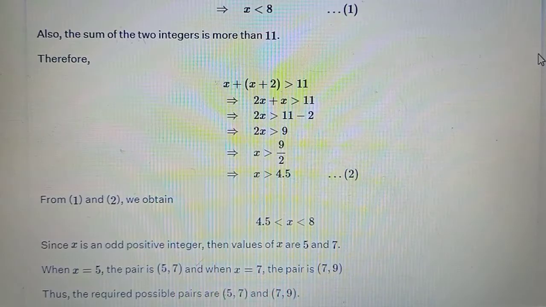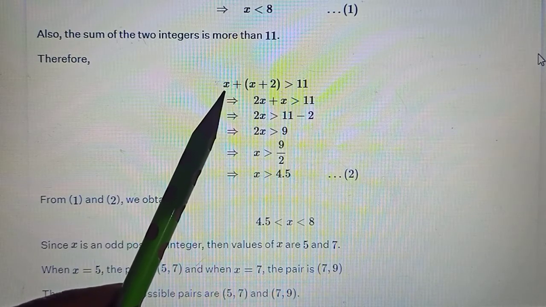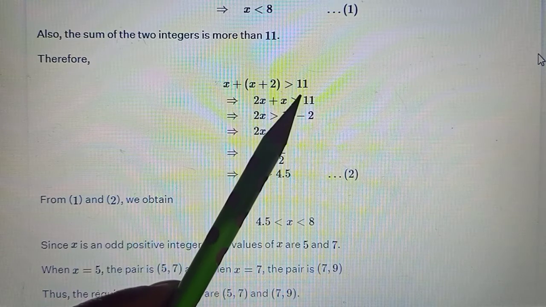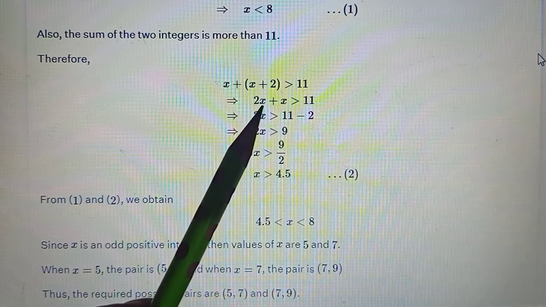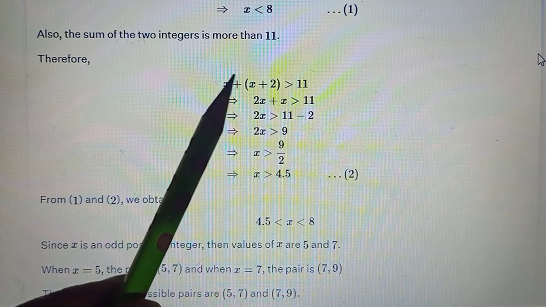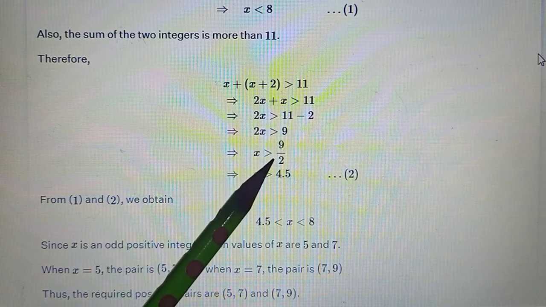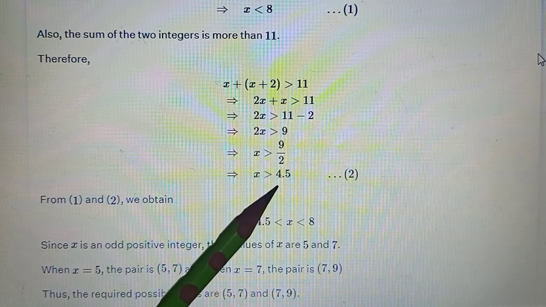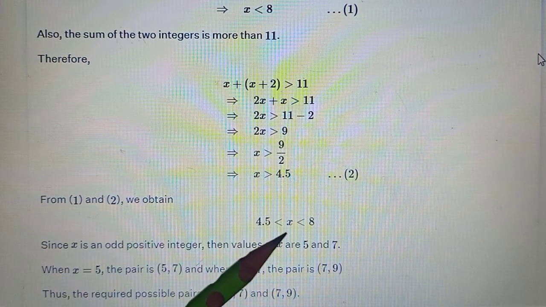For the other one, then we were told about the sum. So if you apply that condition, x plus 2, first number plus the other number, should have been greater than, the sum should have been more than 11. That is how it was said. So that gives you 2x, this should have been plus 2, okay, which you'll take to the other side. So this step straight away: x plus x, 2x is greater than 11 minus 2. That is x is greater than 9 by 2. Changing it to mixed, 4.5. Okay, so we have got this limit that x is supposed to be greater than 4.5 but smaller than 8.